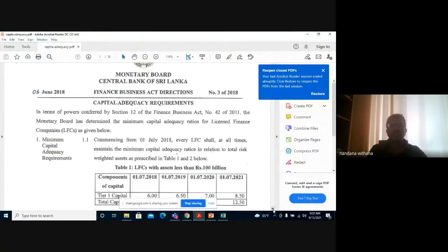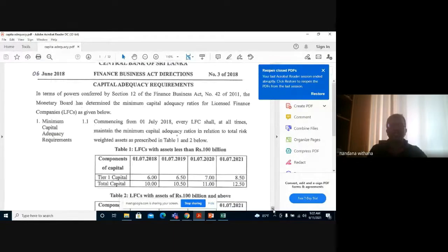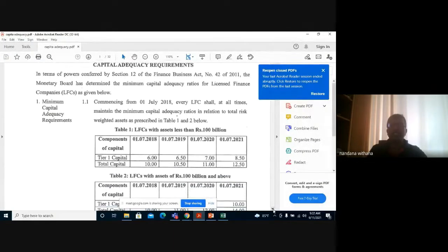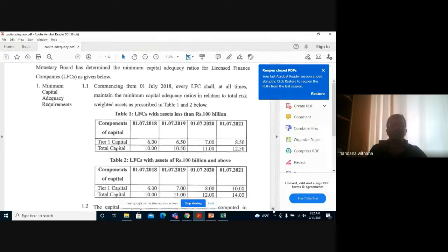What is licensed finance companies where asset is less than 100 billion? Tier 1 capital. Now we are in 2021, with effect from 2021 month of July. Tier 1, 8.5. Tier 2 capital, 12.5. Now we look into